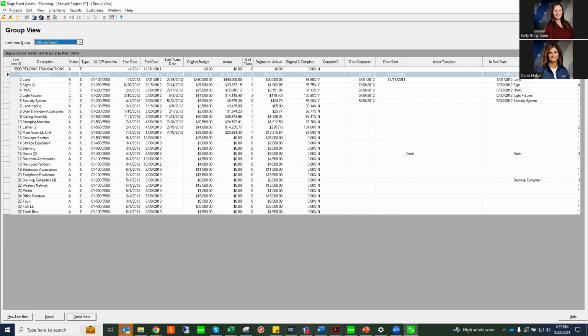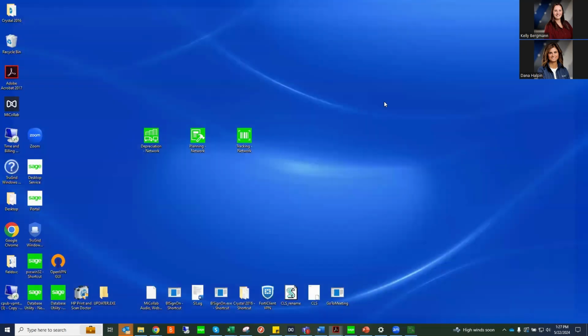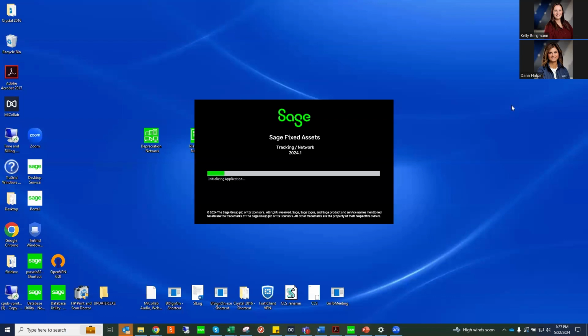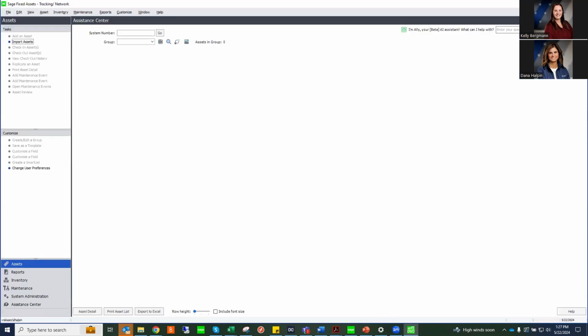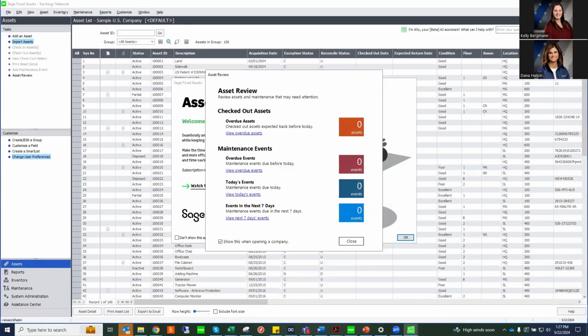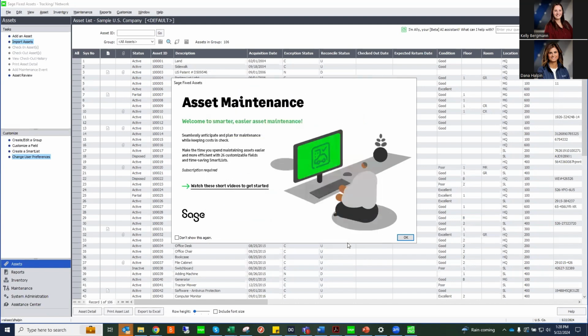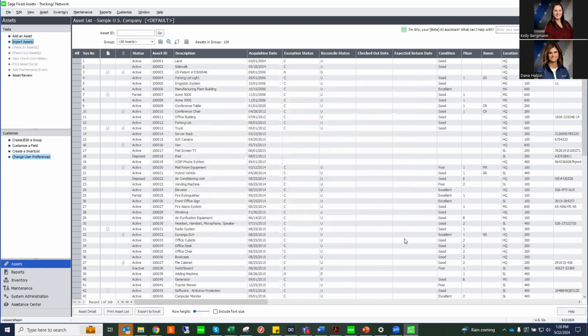And it does create the assets automatically in your fixed asset program, which is a super great feature. The next module for purchase is what we call tracking. Now, tracking is a way for you to track your assets, check them in, check them out, do inventory reconciliations, and it has the ability to use barcoding and scanners. There are very specific system requirements for the barcoding and scanning piece that we can